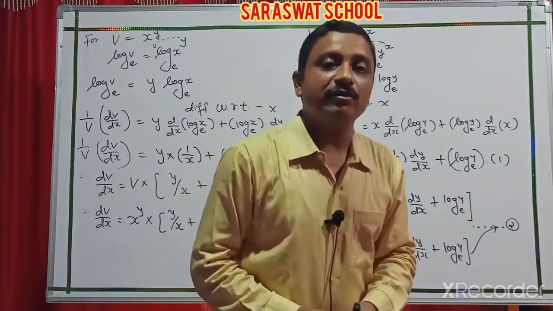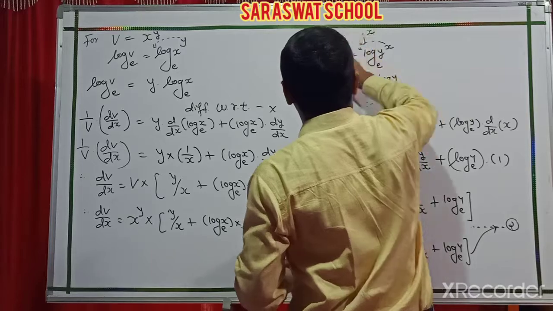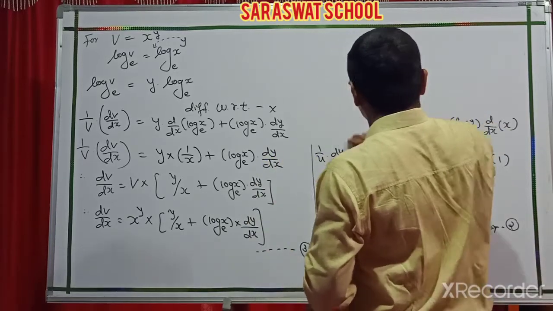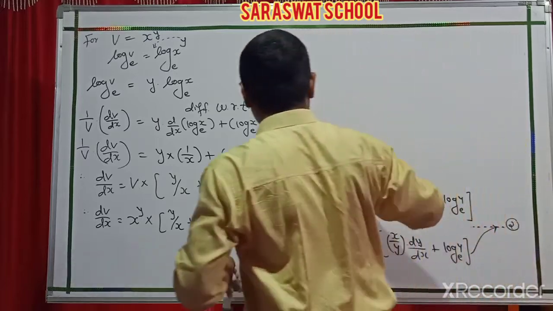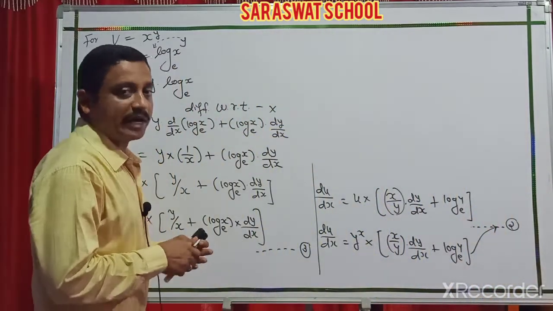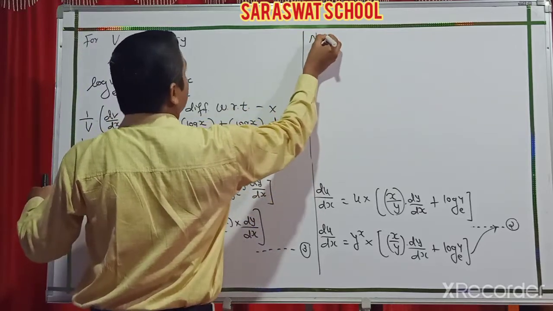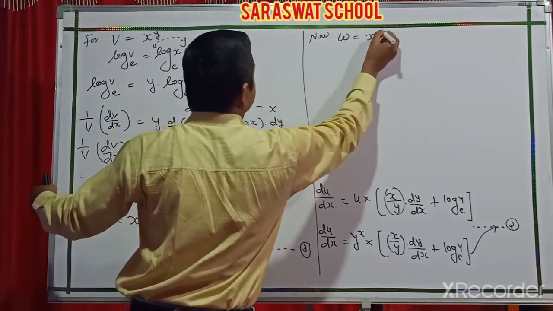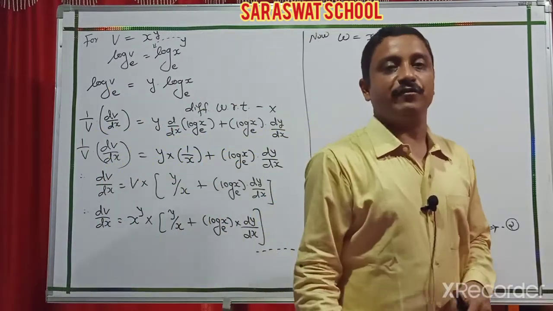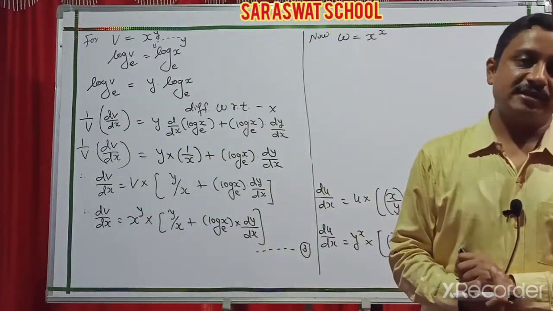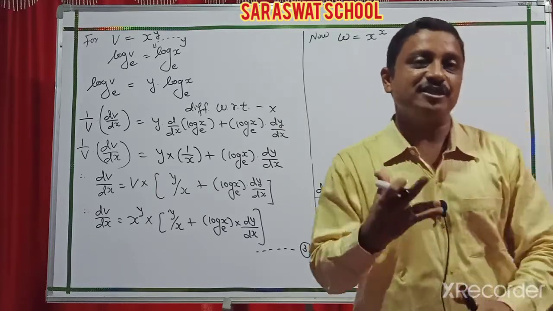Now I start our third case. It is w. W is known already. What is the value for w? Yes, the value for w is x raised to x. So I start that w. Now third case, it is x raised to x. I think you know, students, the derivative of x raised to x is x raised to x into 1 plus log x. But in the exam you necessarily show proper derivations.